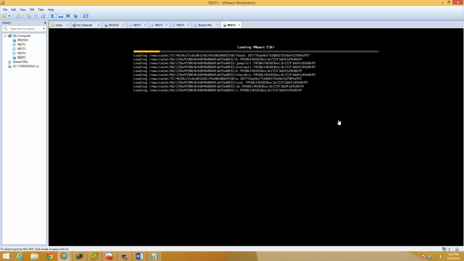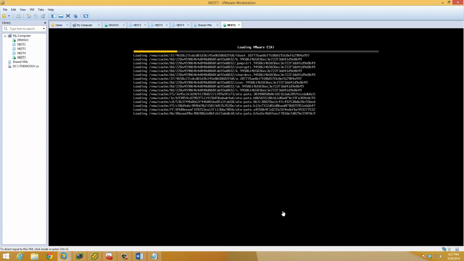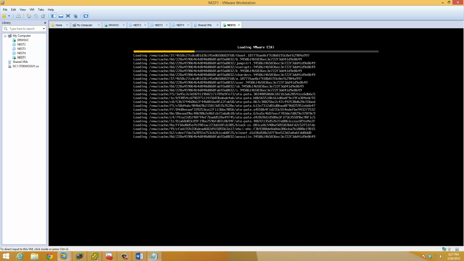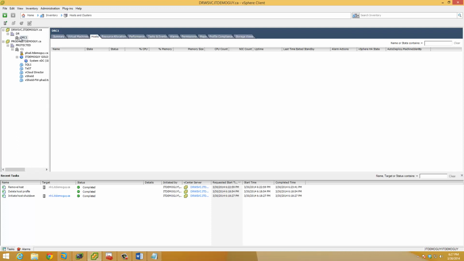It should have some logs that show whether or not the nested host is actually hitting that TFTP server and downloading the boot file. And once it's hit this point, you're now downloading the image off your auto deploy server, and it should boot into your vCenter. The next point you'll see, once this is fully booted, you will see it come into,